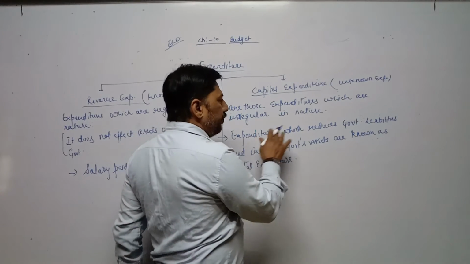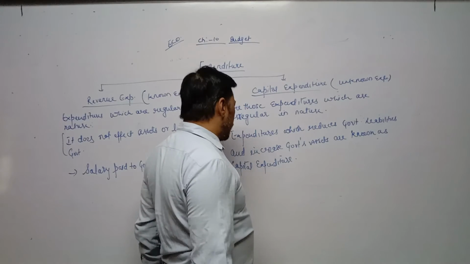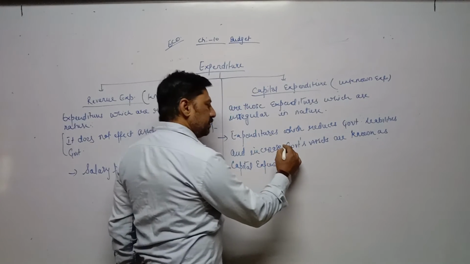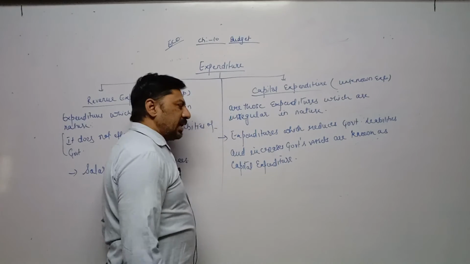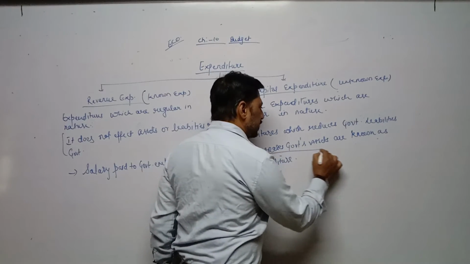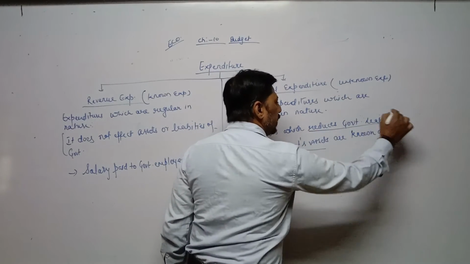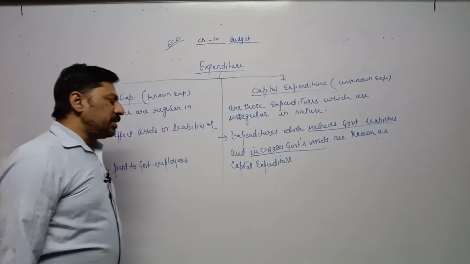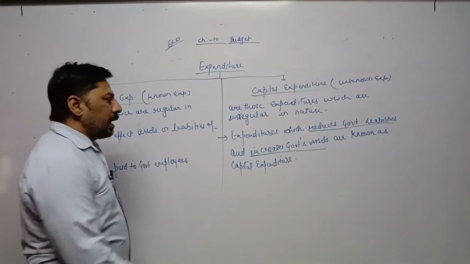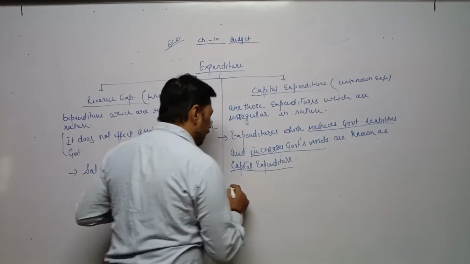So expenditure which reduces government liabilities and increases government's assets, and reduces government liabilities. Such expenditure is called capital expenditure. For example,